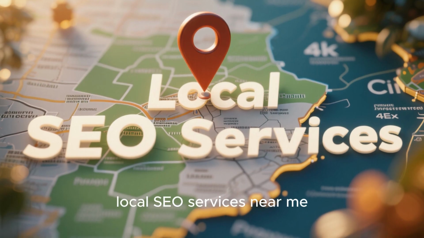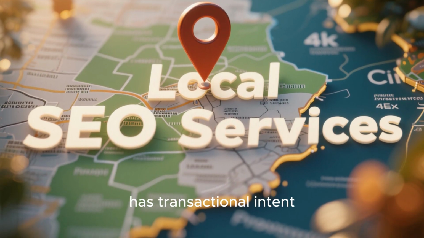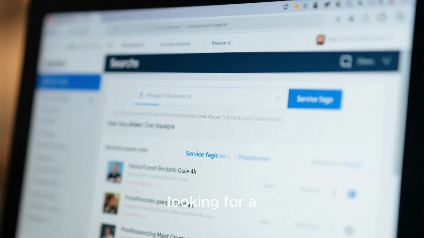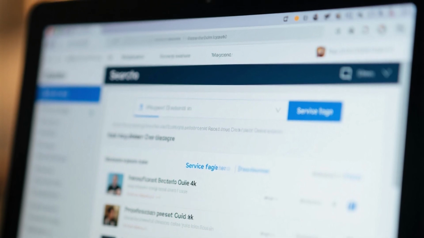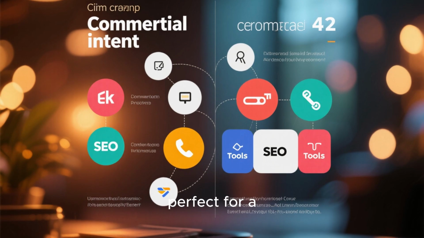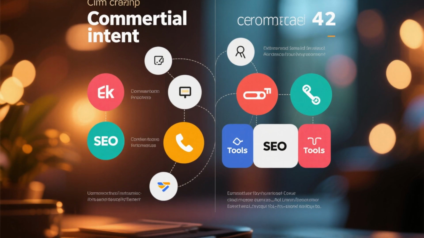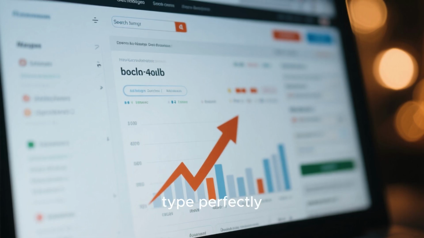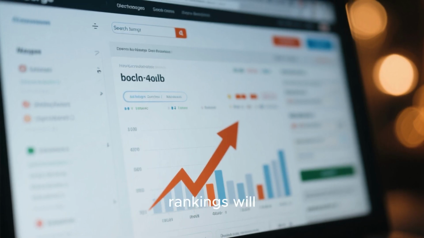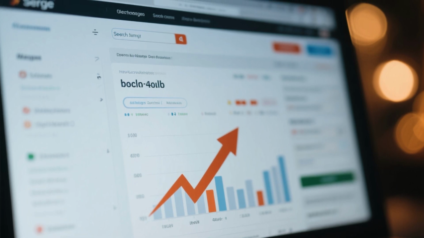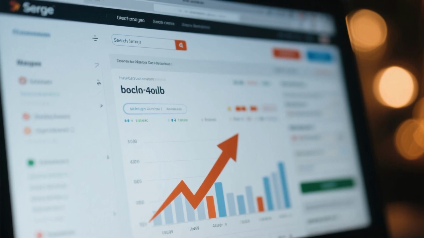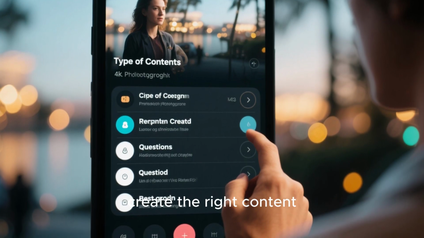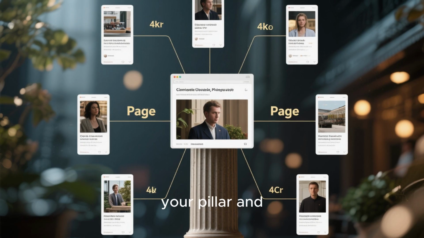But a keyword like "local SEO services near me" has transactional intent. Don't just create content. Create the right content for the right query.